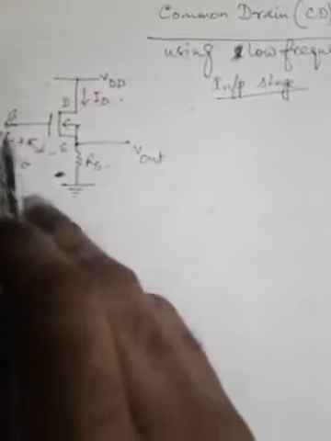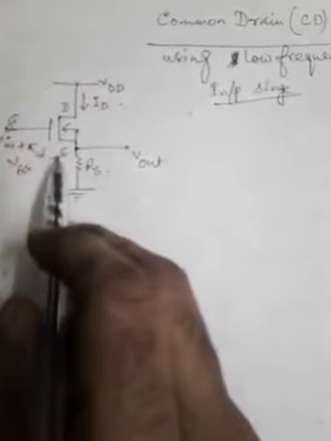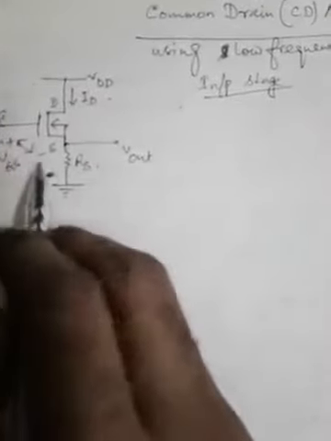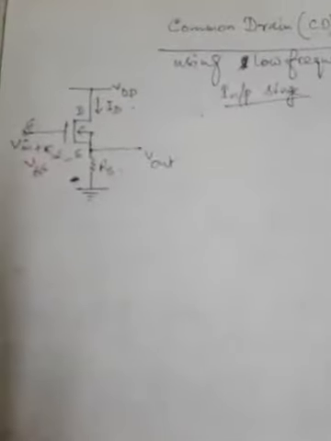Now let us move on to write the equations from here. For the input stage of this particular circuit, you can see that V in is applied at the gate terminal, and after that there is a drop between gate and source, which is marked by VGS. V in is here, VGS is here. So V in and VGS are the two voltages that can be found at the input stage.